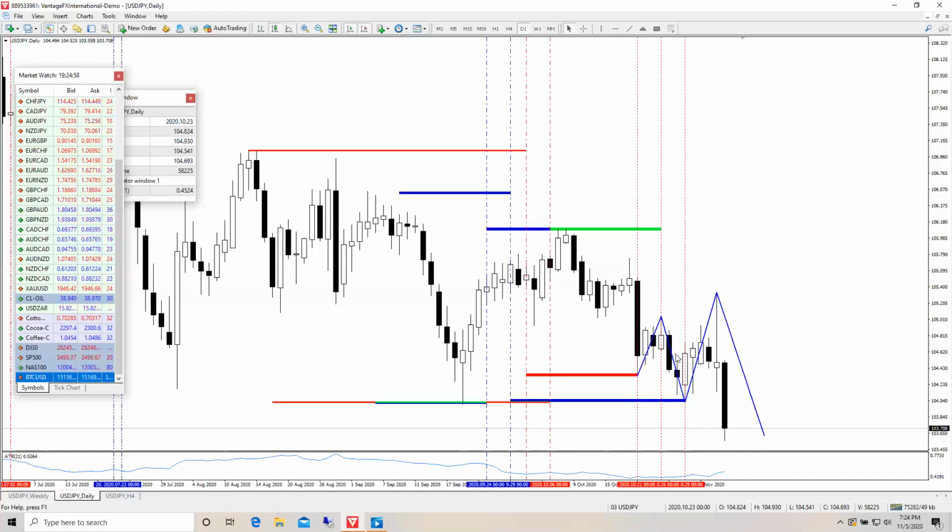But that's not the only thing we look at. We don't just look to see if it's an M or a W. If it's an M pattern, we look to see if our C close, and this would be point C here, is below point X for a bearish trend, which would be an M pattern, and a W pattern for going in a bullish direction. We'd look for our C close to be above X. So we're going to talk about that in future trading sessions.